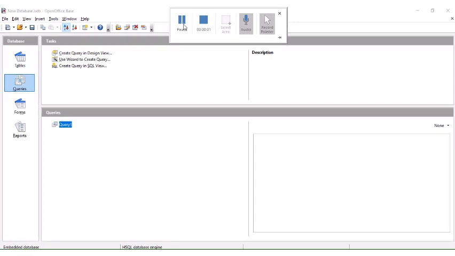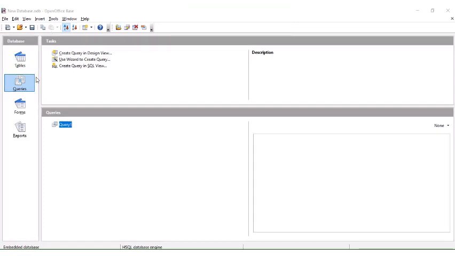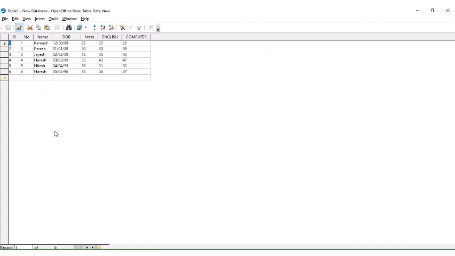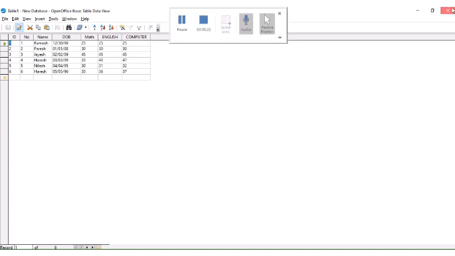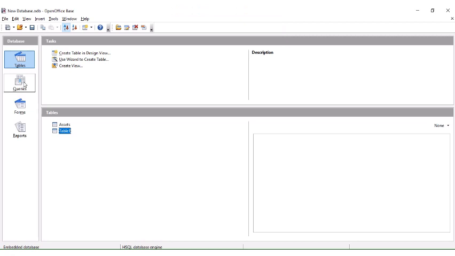Alright, now next is a query. Now what do you mean by query? Query means you ask for the data from the table and that data will be retrieved. For example, we have the student table, yes or no, right? In that I want some of the students, or I want some particular students' data. So how can I retrieve those? You can retrieve that data with the help of a query.